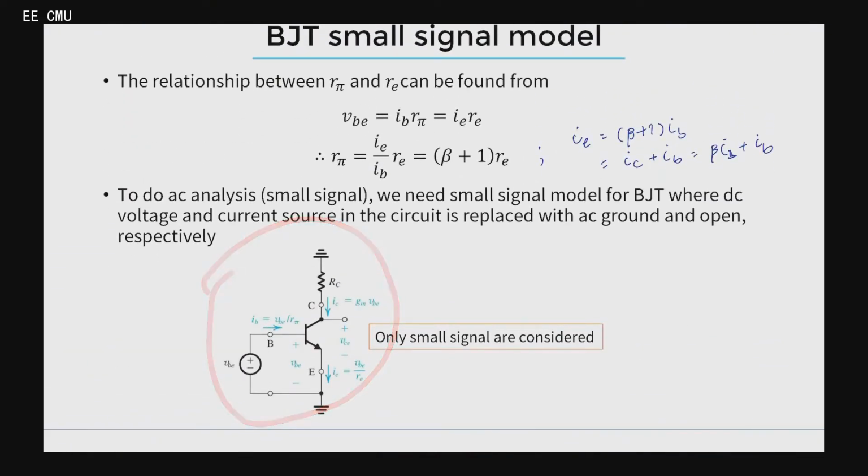We are left with the AC source that changes. We are left with the R that changes according to the changing current. And this one is still RC as before. The VBE from earlier is shorted to ground, and VCE is also shorted to ground. And what about a current source? A current source would be an open circuit, right?